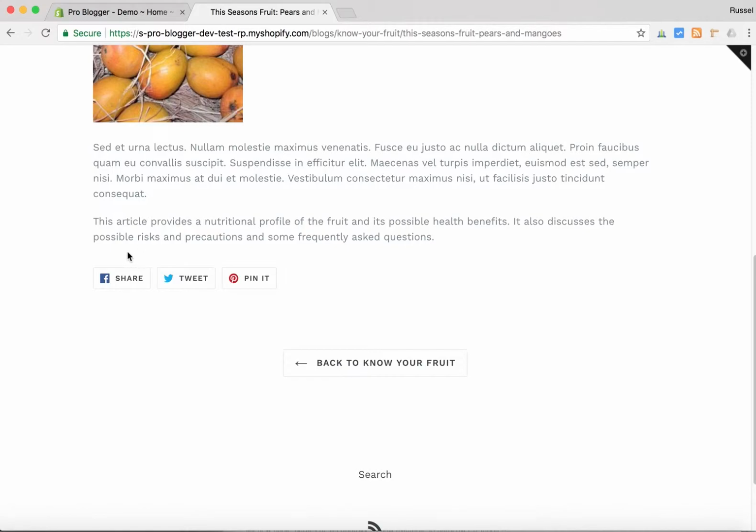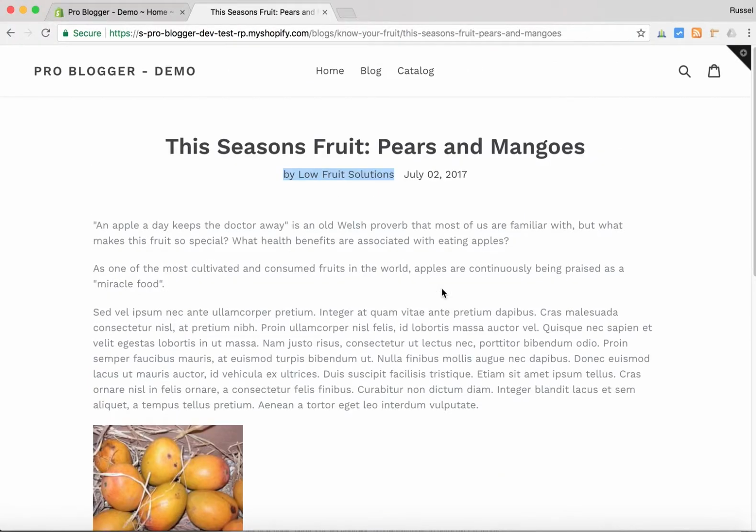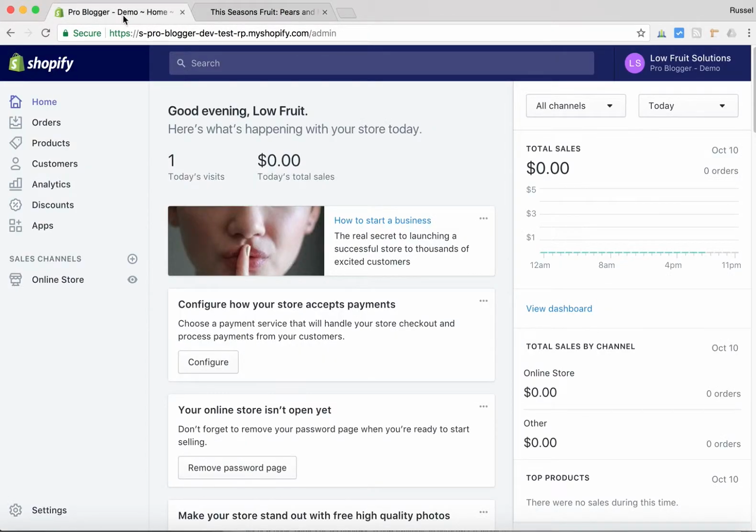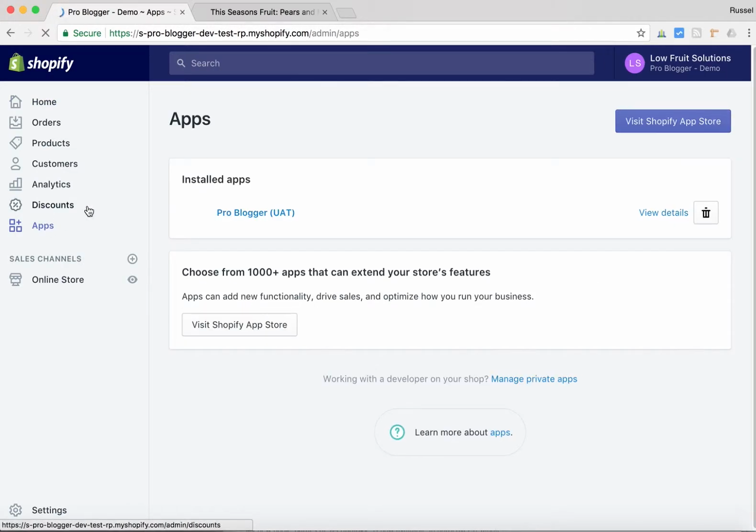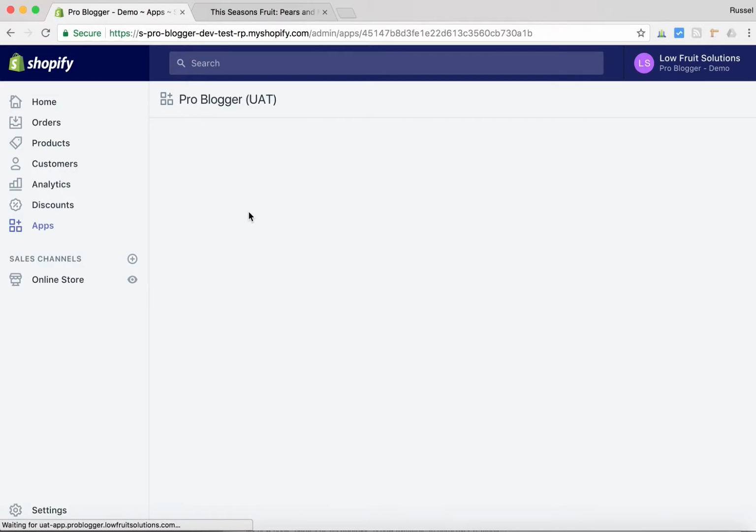Some themes will show the author details at the bottom here, based on who the article author is set to on the Shopify side. So let's go to the dashboard, and we're going to go to apps, and what we're going to see here, obviously, is Pro Blogger. It says UAT, but that's because we're on a demonstration store. For the production side, there will just be Pro Blogger itself, and we're going to go into the app,